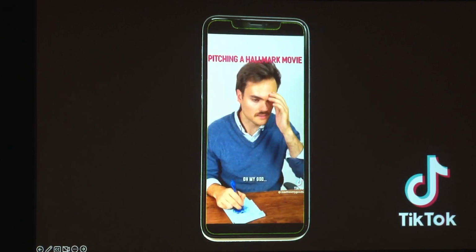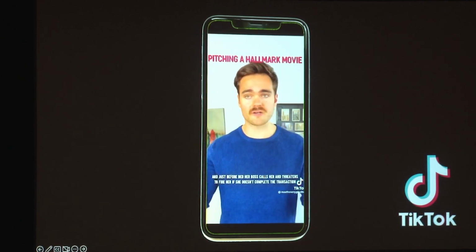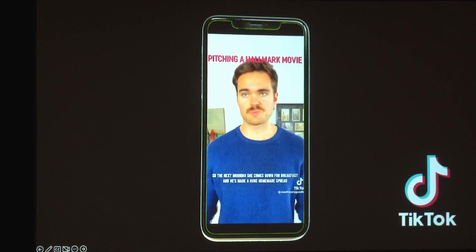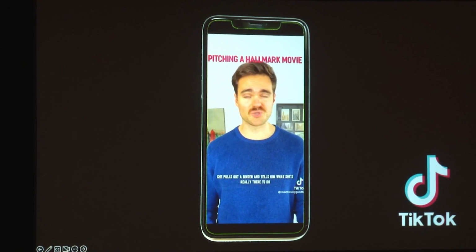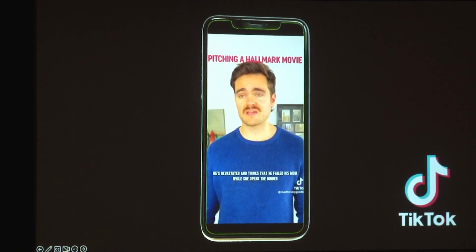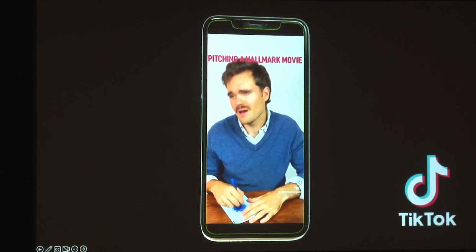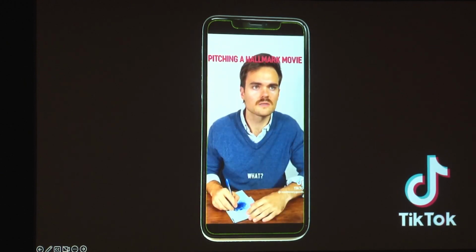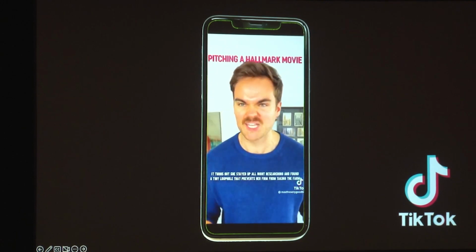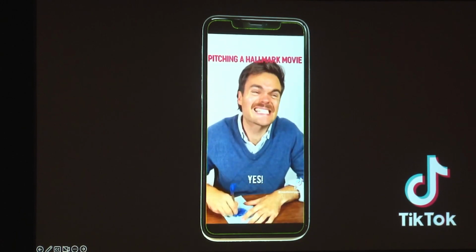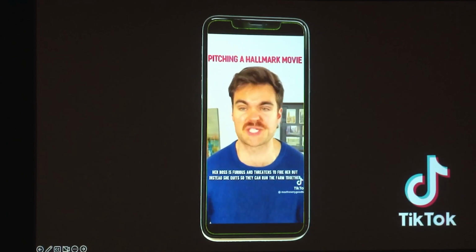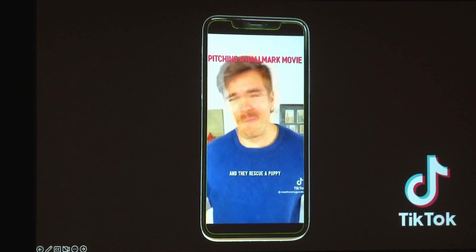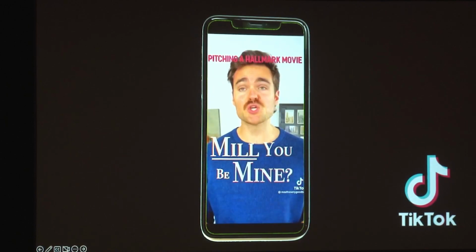Oh my god. And just before bed, her boss calls her and threatens to fire her if she doesn't complete the transactions. She can't. So the next morning, she comes down to breakfast, and he's made a huge homemade spread. Of course. She pulls out a binder and tells him what she's really there to do. No! He's devastated, thinks that he failed his mom while she opens the binder. But inside the binder, there's no contract, and instead it's a copy of the town's zoning laws. What? It turns out she stayed up all night researching and found a tiny loophole that prevents her firm from taking the farm. Yes! Her boss is furious and threatens to fire her, but instead she quits so they can run the farm together. And they fall in love again. Twice? And they rescue a pup. I was gonna ask. It's called Will You Be Mine?